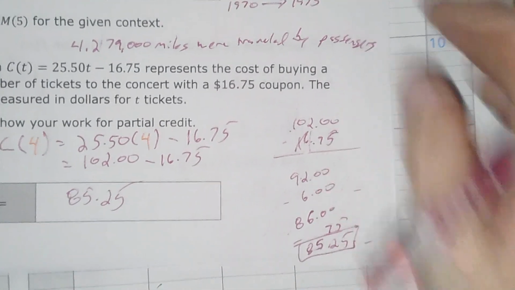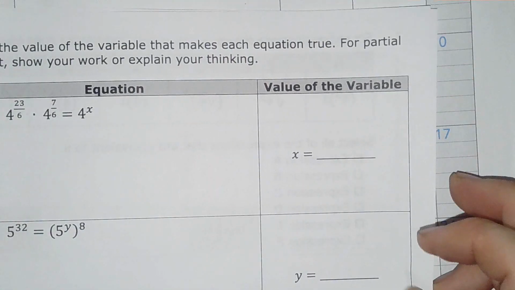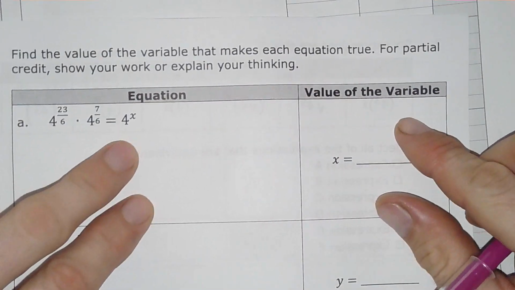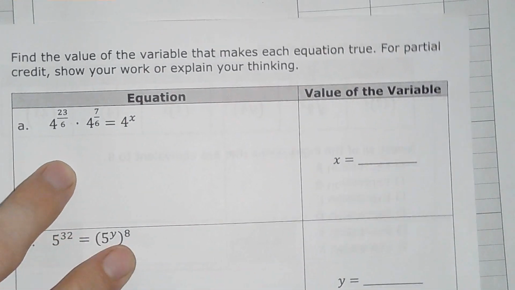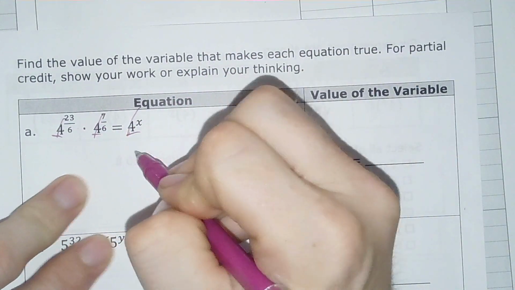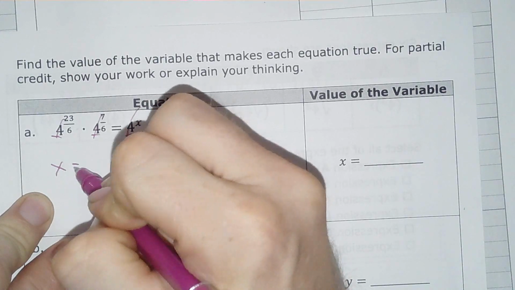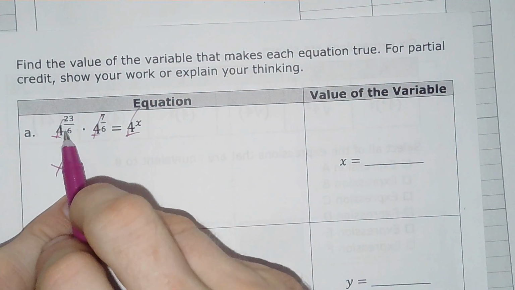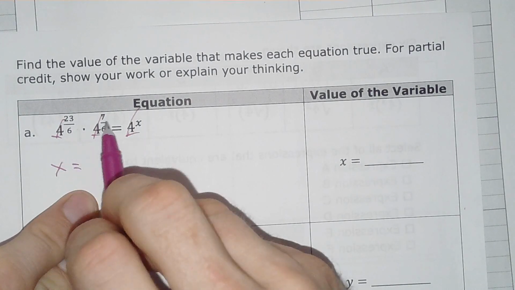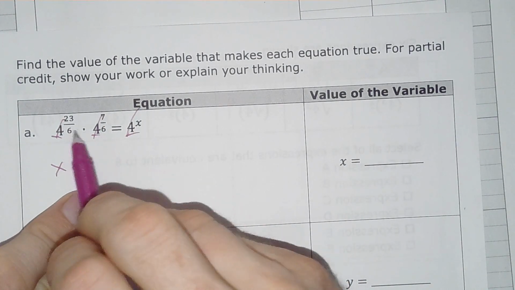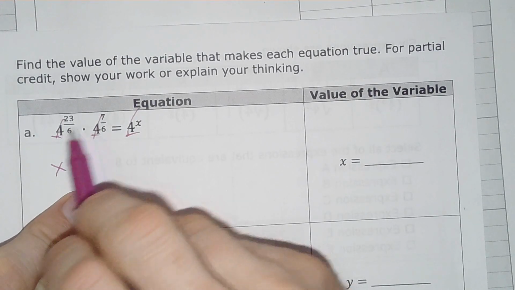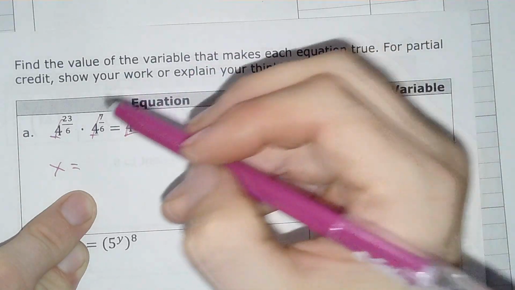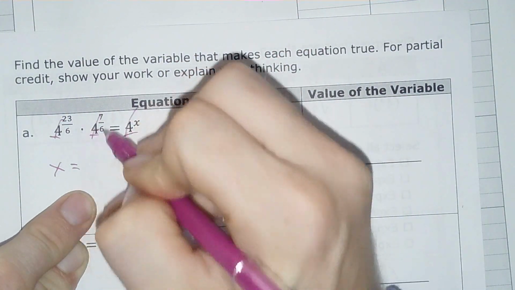All right. So moving on to the next one. All right, so here we go. We have to evaluate these and simplify them and solve for x here. Okay, so these all have the same base. So since these all have the same base, you can dismiss them and say x equals, and then what do you do when you have the same bases? What do you do with the fractions? Well, if they have the same bases and these are being multiplied together, you have to add the exponents. So you'd be adding